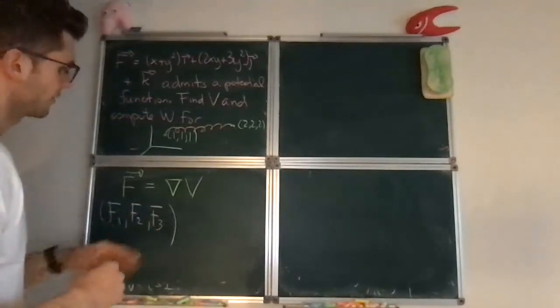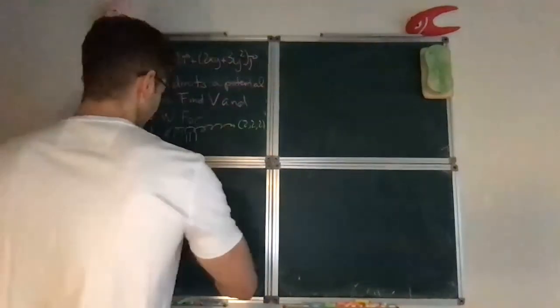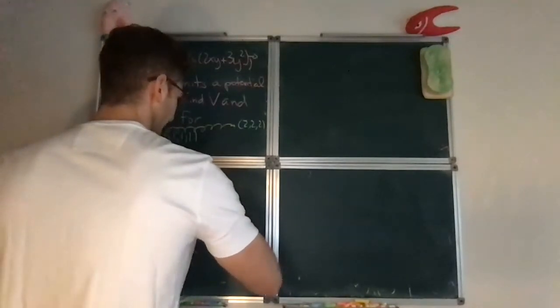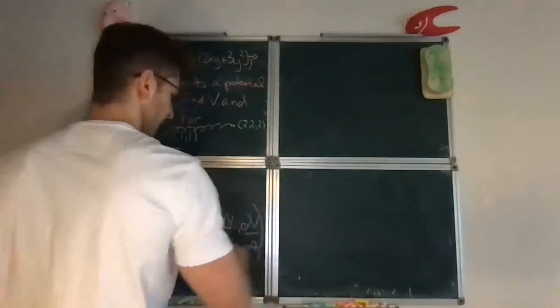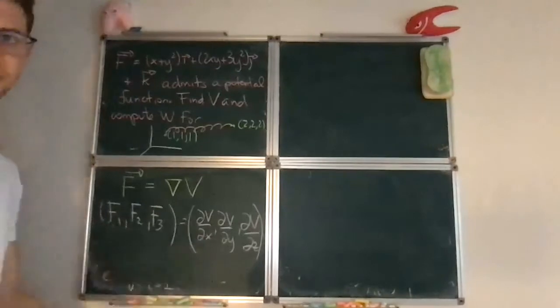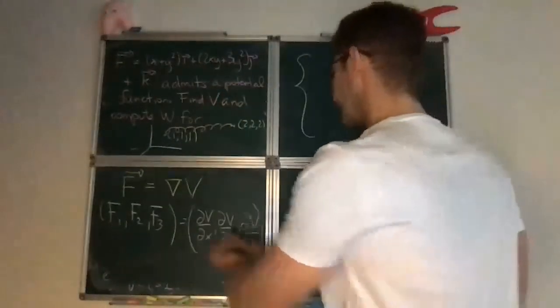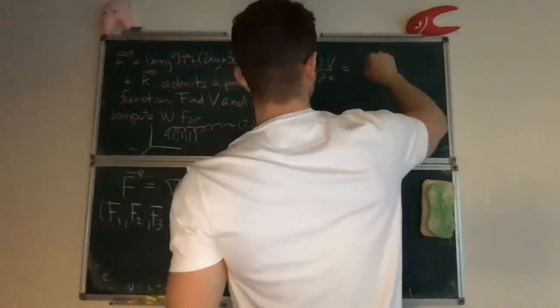And the gradient of any scalar field is just the partial with respect to X, partial with respect to Y, and partial with respect to Z. In particular, this gives you a system of equations, and this is how we'll find the potential,